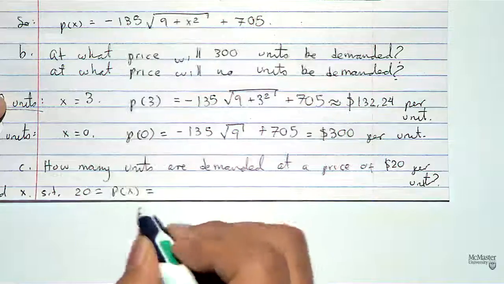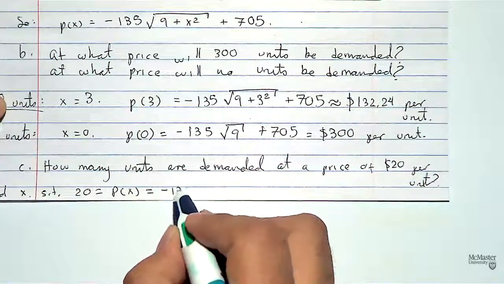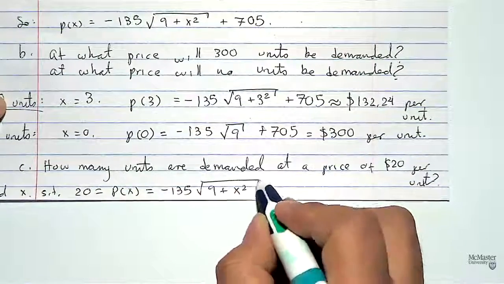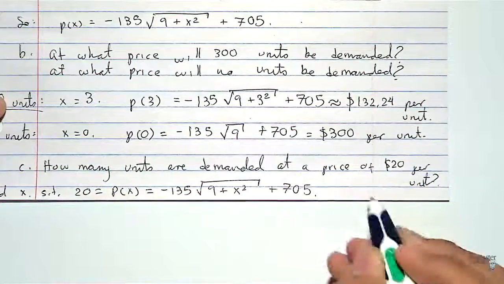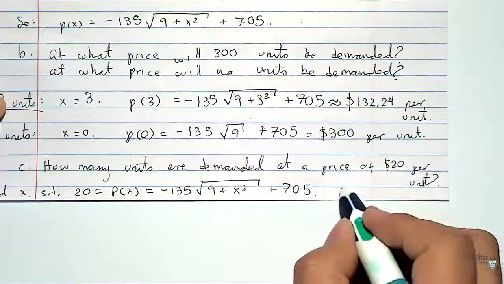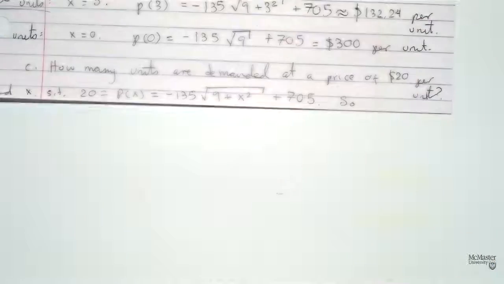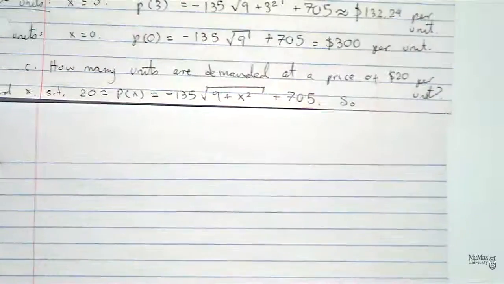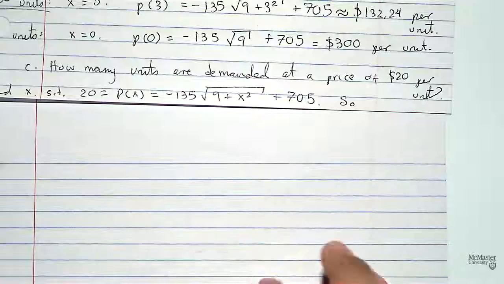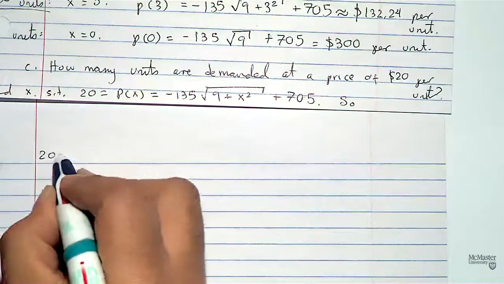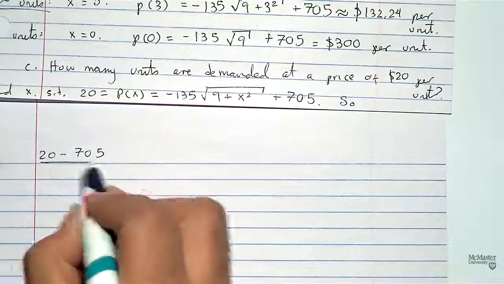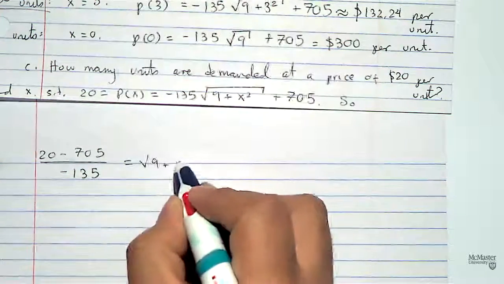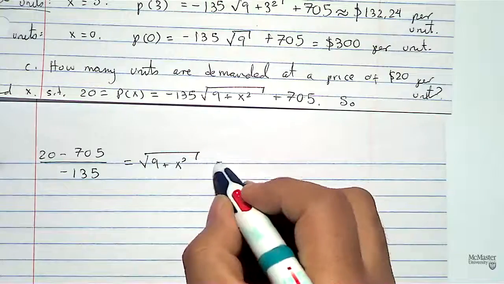And given that you have the formula for p of x, this is minus 135 multiplied by the square root of 9 plus x squared plus 705. So you only have to basically solve for x. So if we continue, you simply pass to the other side. You have 20 minus 705 divided by minus 135 equal to square root of 9 plus x squared, which, okay, you do